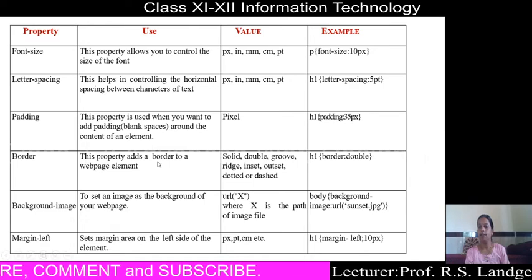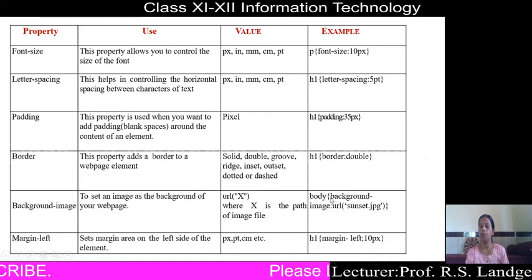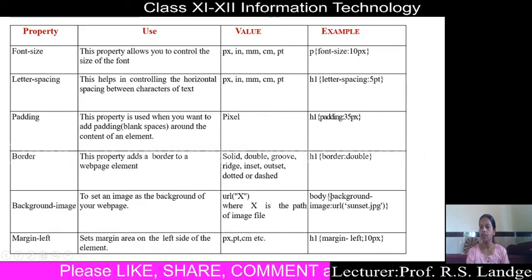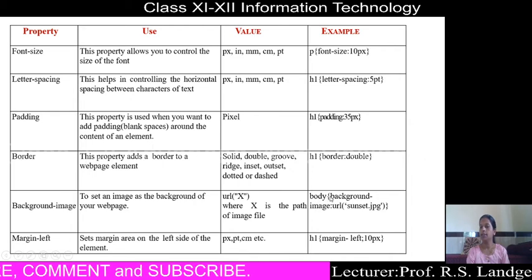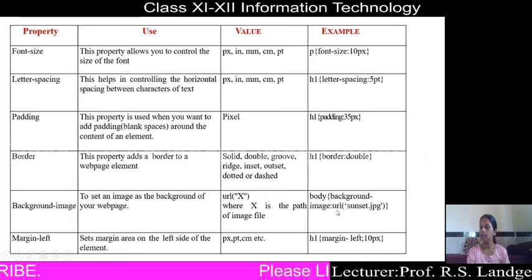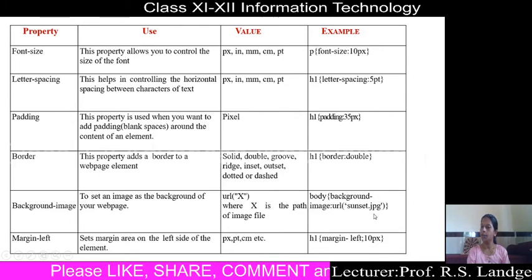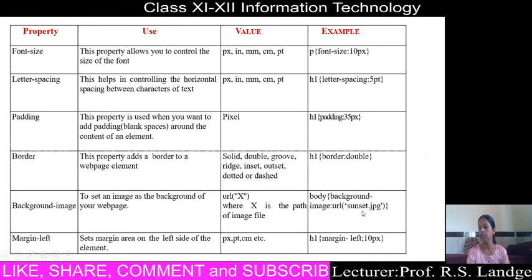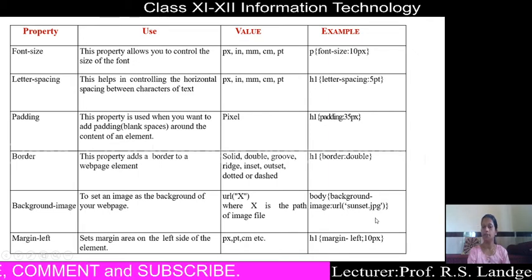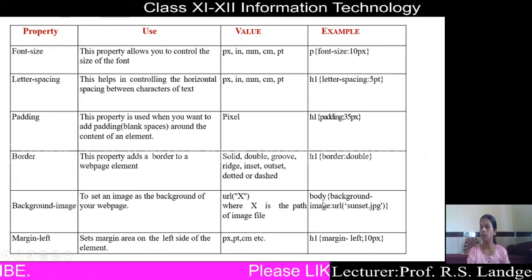For example, here the example is provided for body. If we want to add a background for the whole web page, then we can set the background image for the body section. So in CSS we create the selector body, then inside curly brackets background-image colon, then the compulsory word URL after the colon, then inside round brackets the image path should be provided inside single quotes, then the curly bracket is closed. In this way the background image can be applied with the help of CSS.